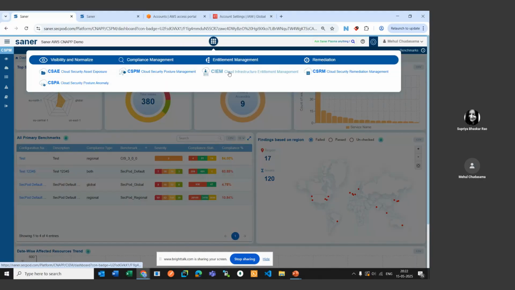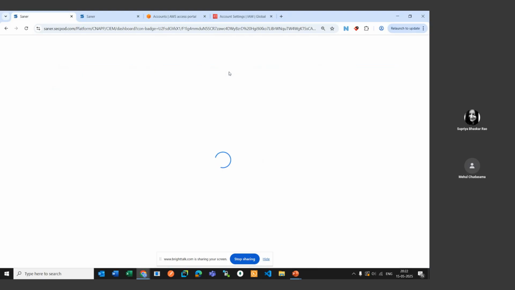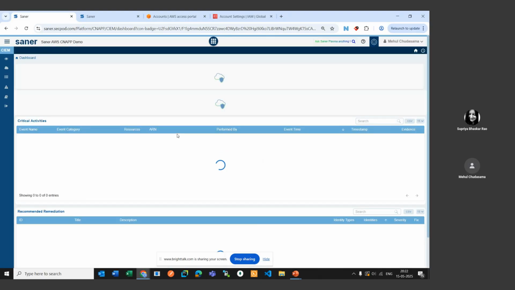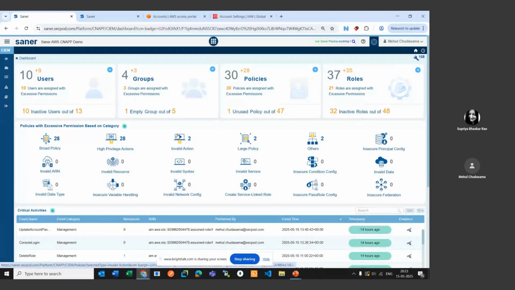Let us move to the next module, which is CIEM. Identity management is a very important aspect of cloud security because identities are the most important entities in cloud infrastructure that showcases user groups, policies, etc. in case of AWS and application RBAC roles, etc. in Azure.